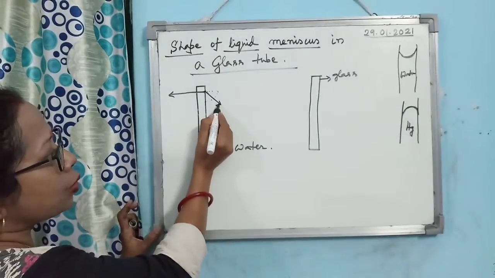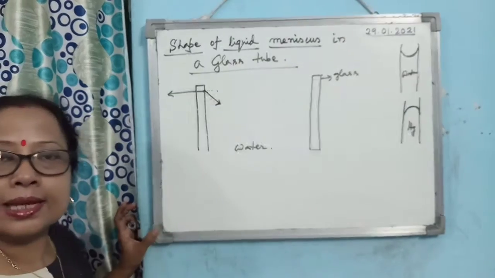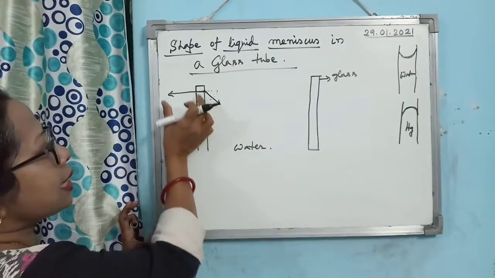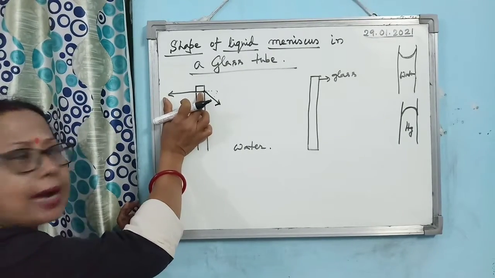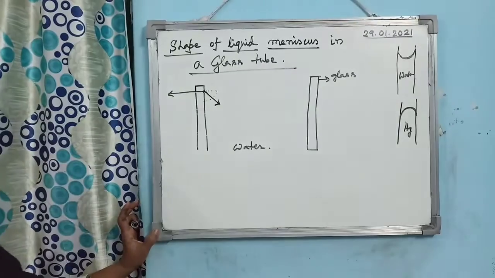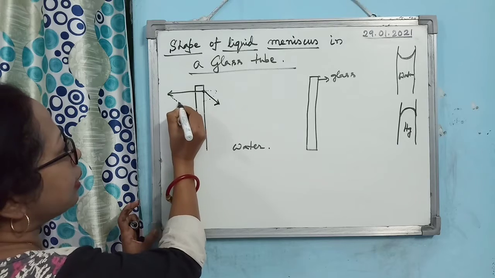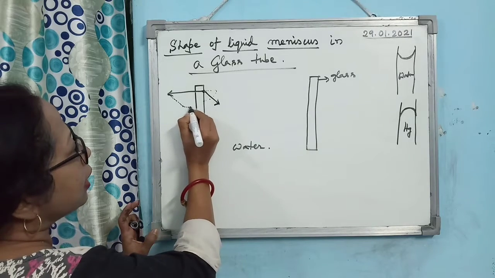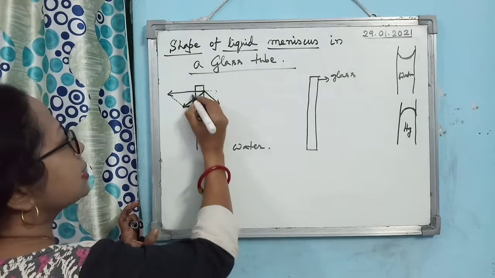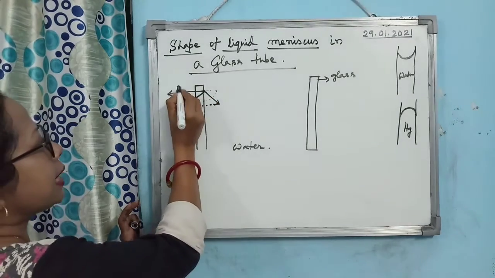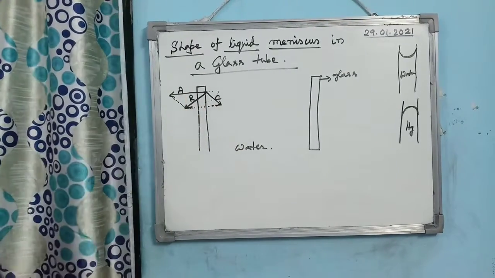So this is the cohesive force; the arrow indicates the cohesive force and its length indicates the magnitude. In this case, you see, the arrow for adhesive force I have drawn bigger. Why? Because adhesive force is bigger than the cohesive force. So if you consider the molecule here and complete the parallelogram, then according to our concept of vector diagram, this is the adhesive and this is the cohesive force, and the resultant force is acting in this direction.